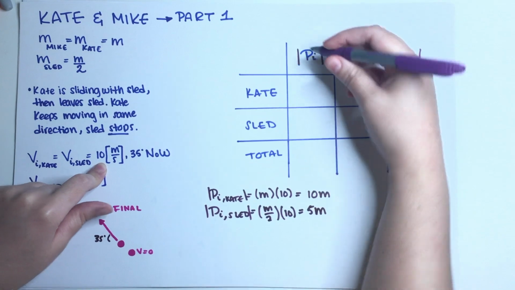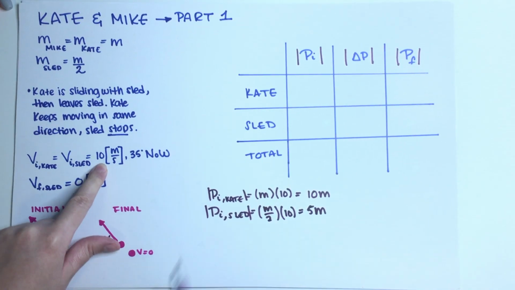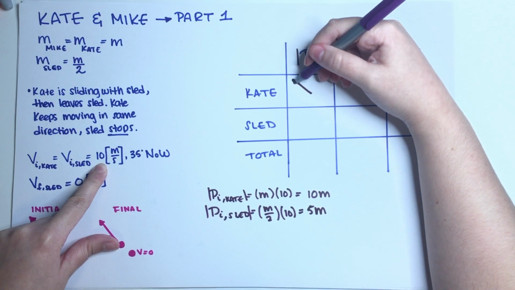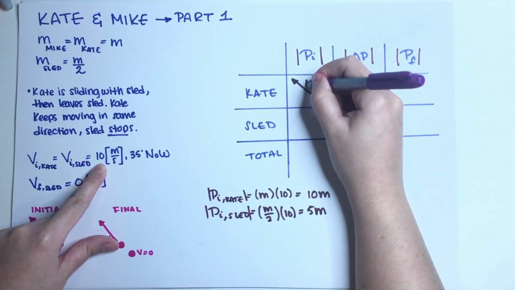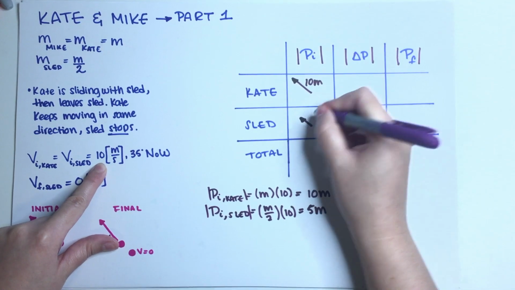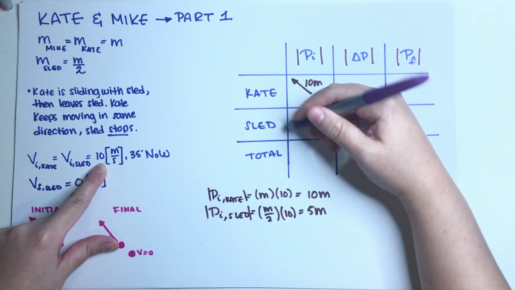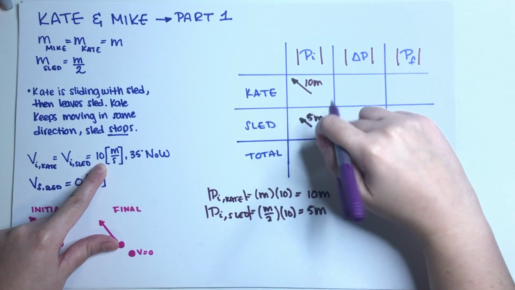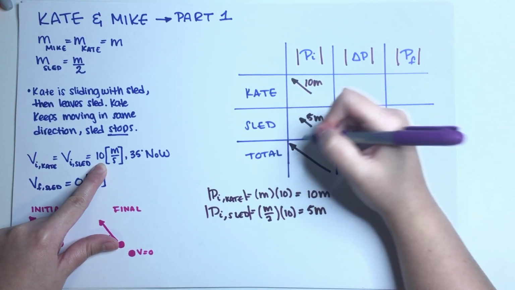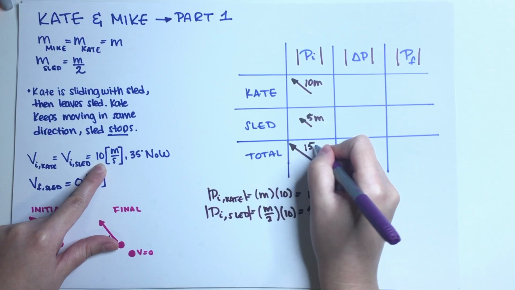So if I go here and complete, let's just draw this. So there is some angle. So this is magnitude 10M. Then this is magnitude 5M. And then this plus this has to be equal to the total. So this is going to be 15